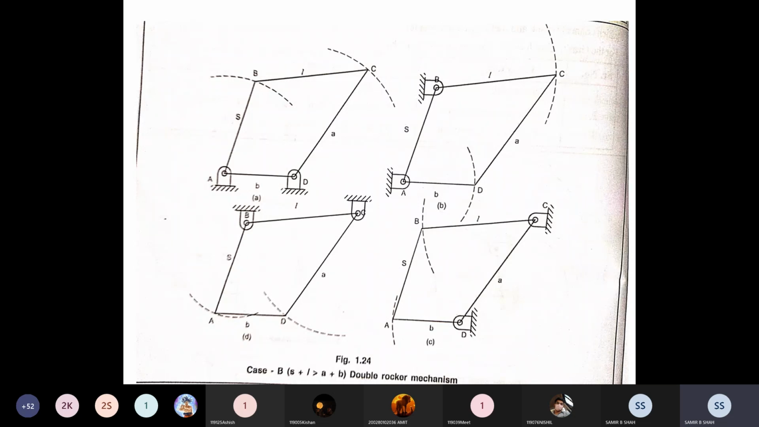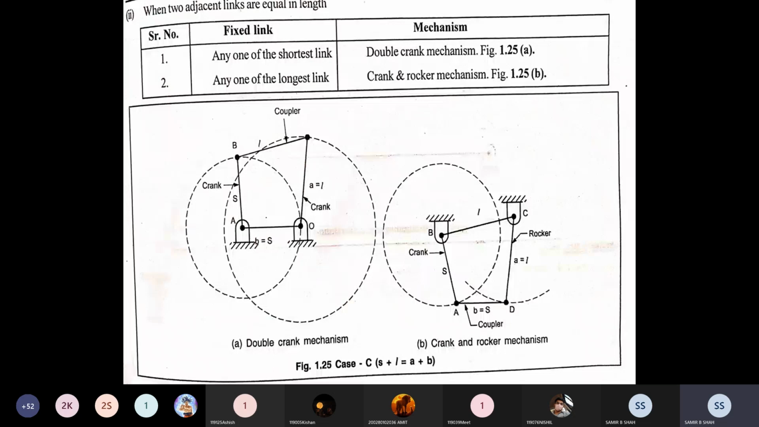But if adjacent links are equal, meaning we are not talking about these two, but we are talking about these two, then